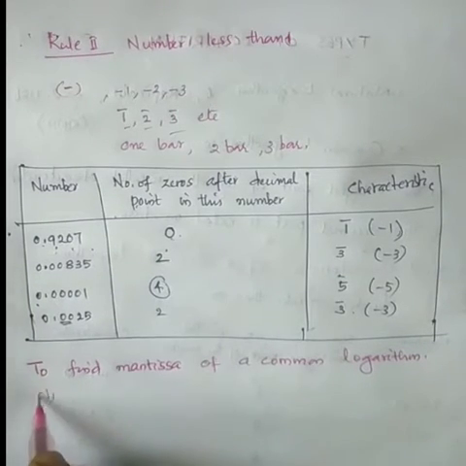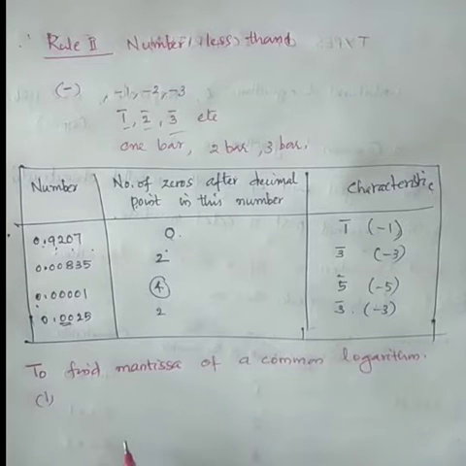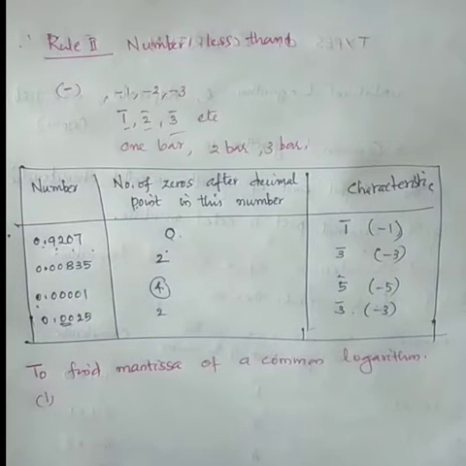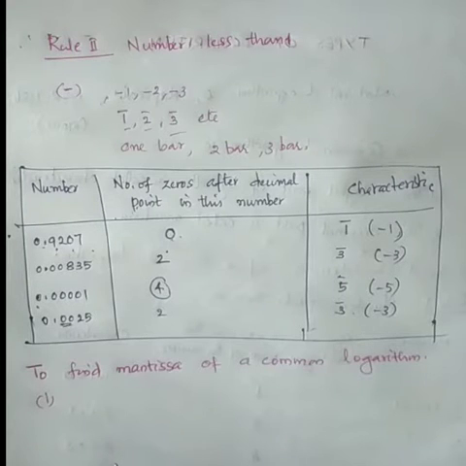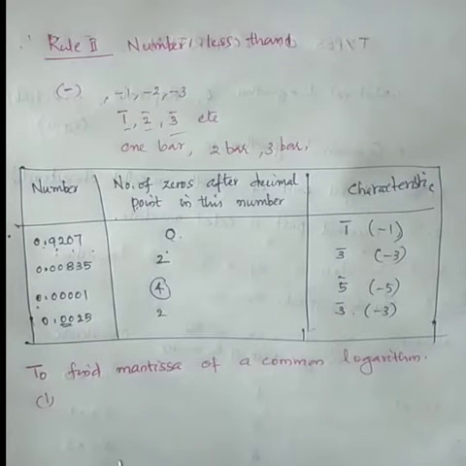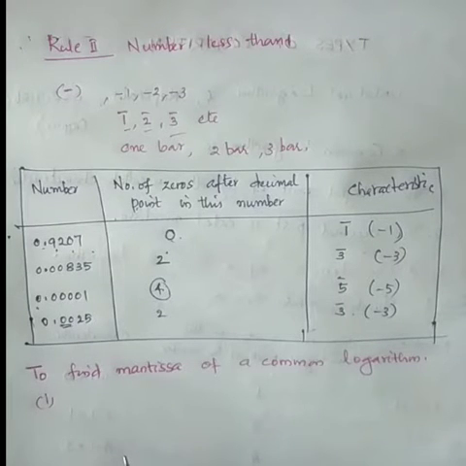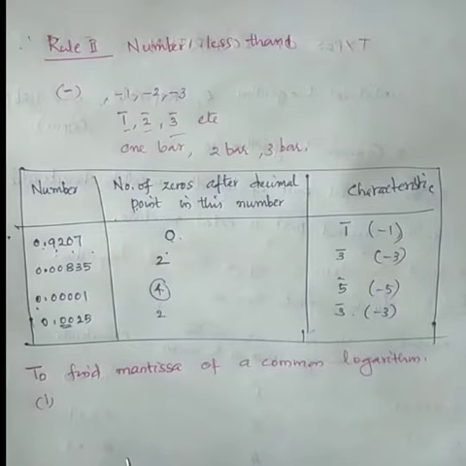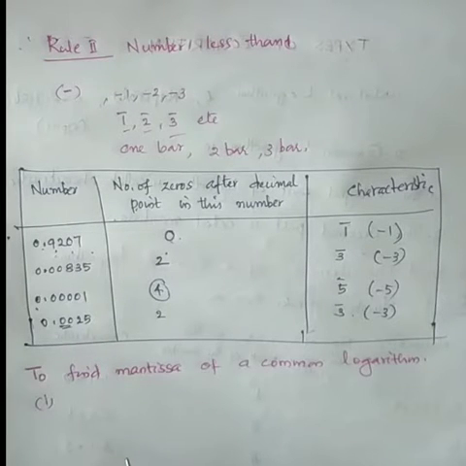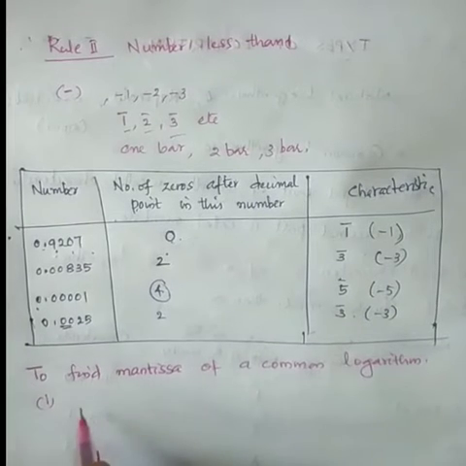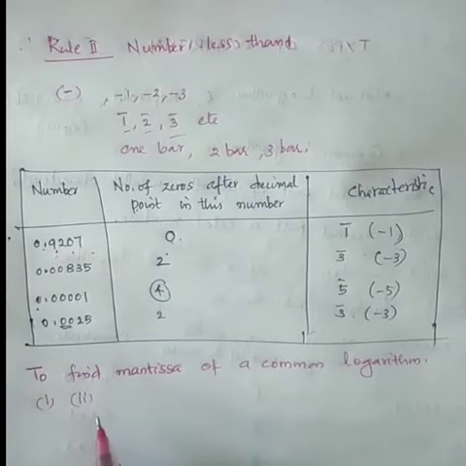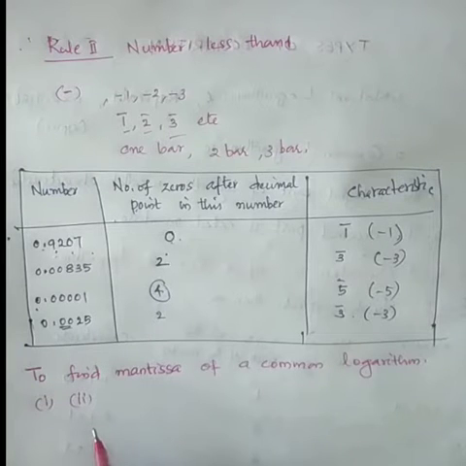First step, ignore the decimal point. Use the digits irrespective of the decimal point. Also, ignore 0 if it is not a significant figure. In case of more than 4 significant figures, round off the number up to 4 significant figures while using the 4-figure log tables. Second step, the first 2 digits are used for determining the row of the logarithm table. If there is only 1 digit, then we add a 0.